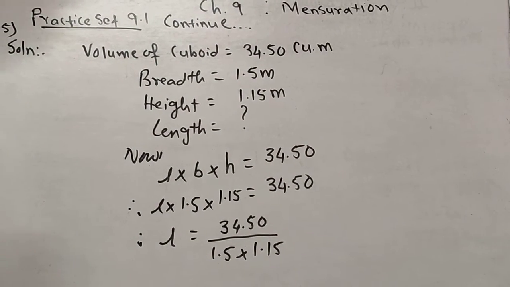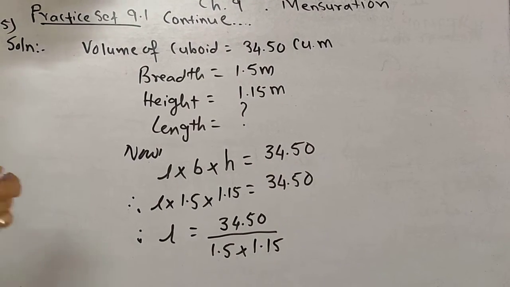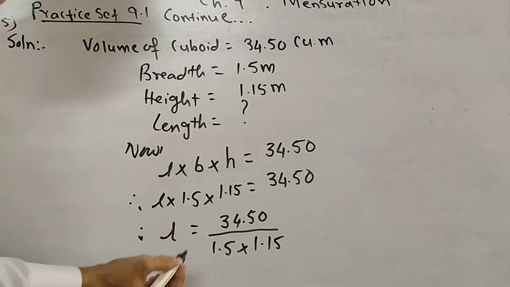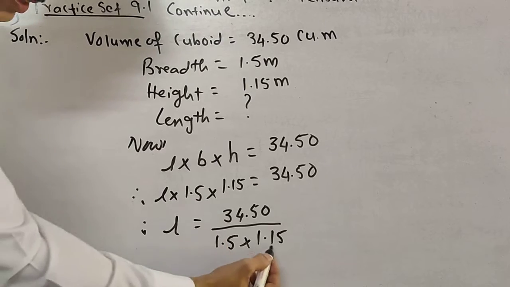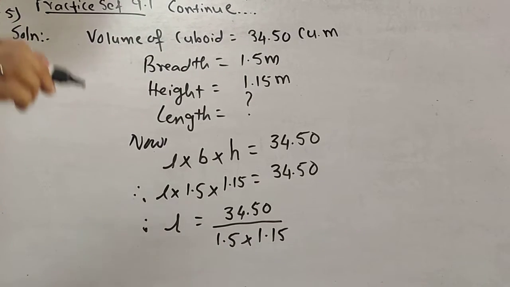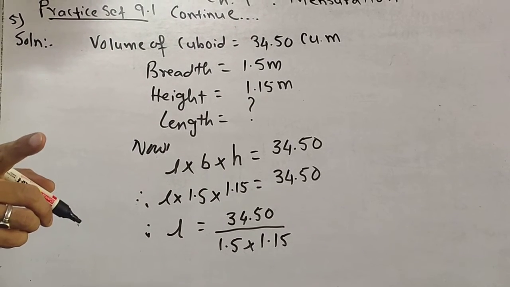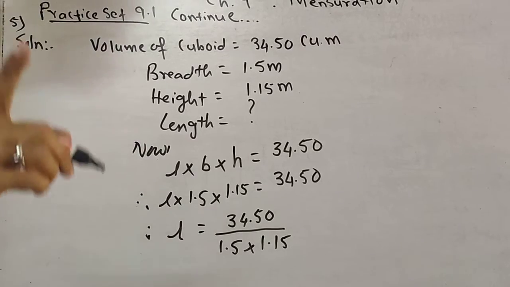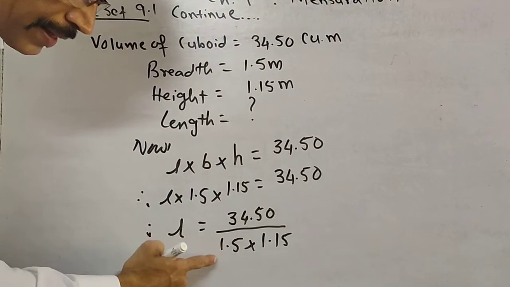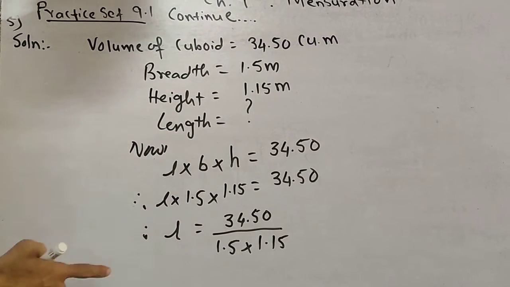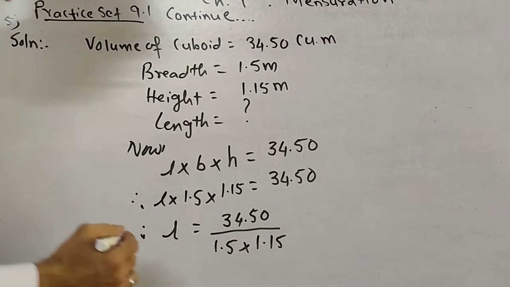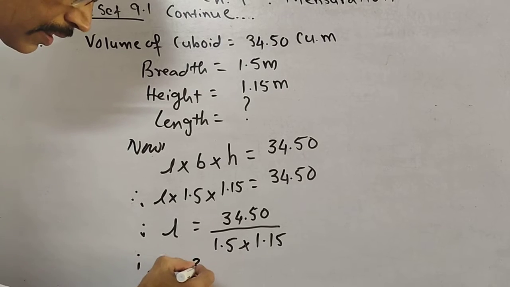See now my dear students, we cannot divide directly. Why? Because in the denominator we have a decimal point. So you have to remove the decimal point from the denominator. This is very important. Like that you cannot divide. So therefore length is equal to